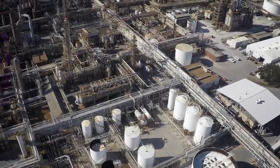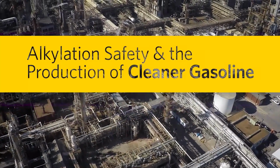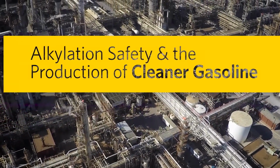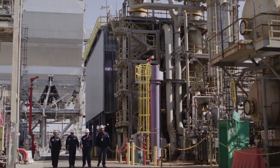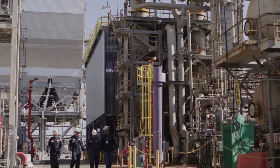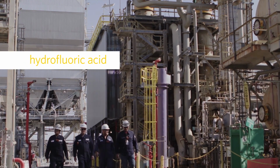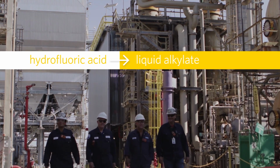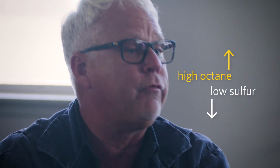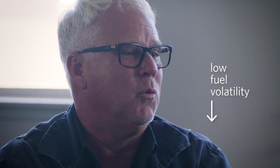Everyday refineries across the United States and around the world use a process called alkylation to produce cleaner gasoline for today's higher efficiency vehicles. This is an alkylation unit where that process occurs. Inside, a catalyst called hydrofluoric acid, or HF, is used to start a chemical reaction to produce liquid alkylate from light gases. Alkylate is high in octane, yet low in sulfur, evaporative emissions, and fuel volatility, which in the end